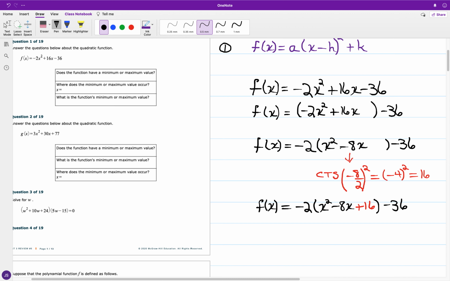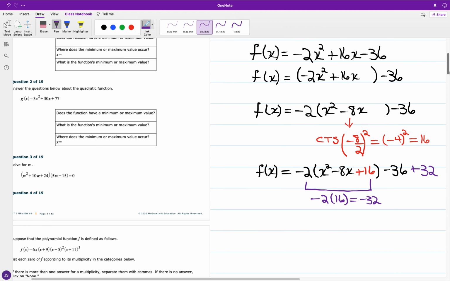But by adding 16 inside the parentheses, I'm adding not just 16, but negative 2 times 16. So I'm creating a bit of an imbalance. The domino effect created at the front is the change of negative 2 times 16, which is negative 32. And I want to offset this deficit created by adding 32